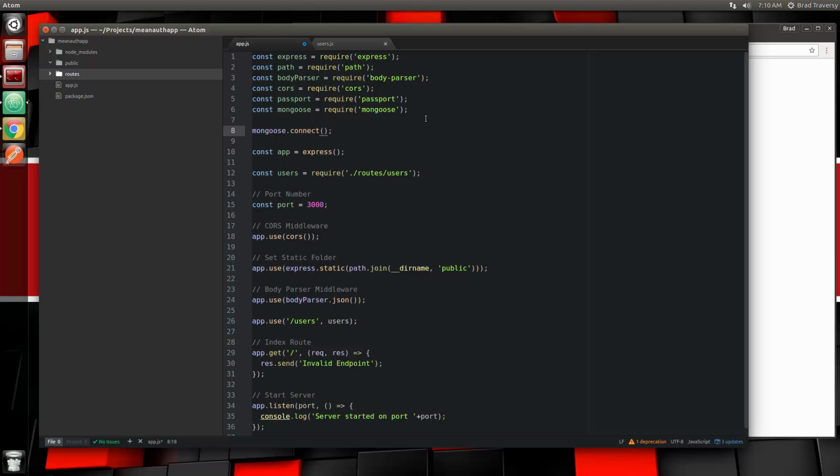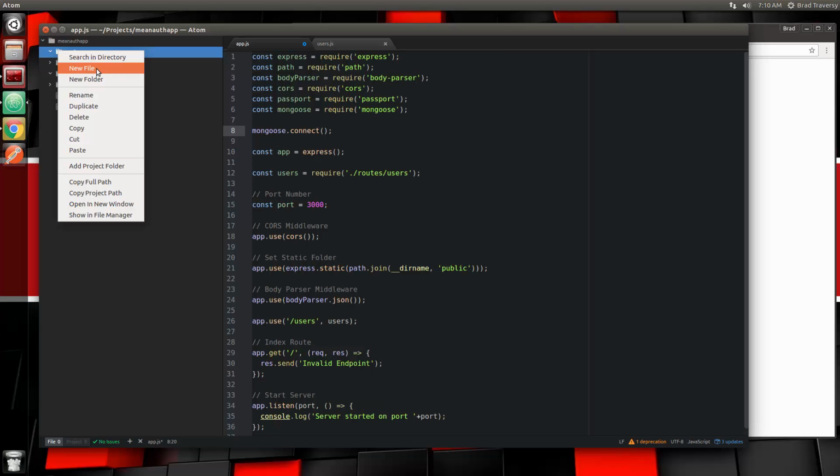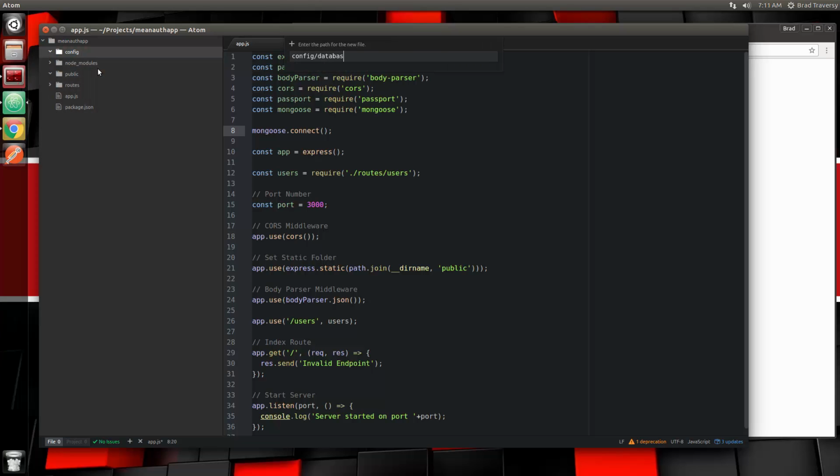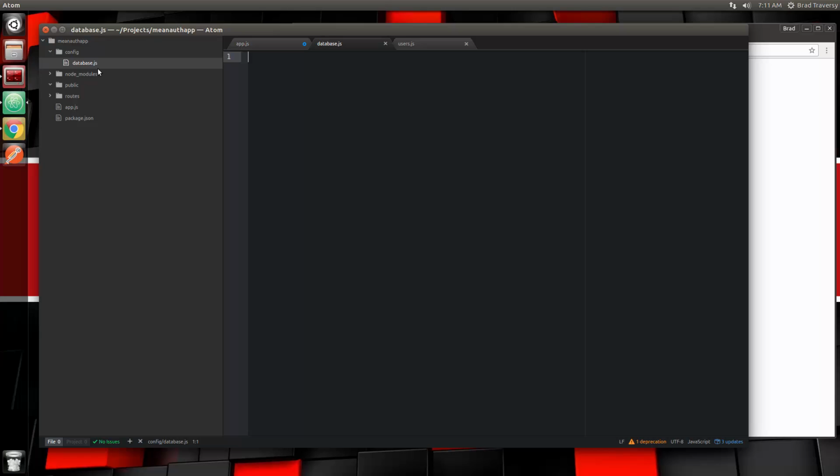Now, right here is where we need to put the location of the database, but what I'm going to do is create a config file, and we can put the database in that. So let's go over here and create a new folder called config. Then we're going to create a file called database.js,